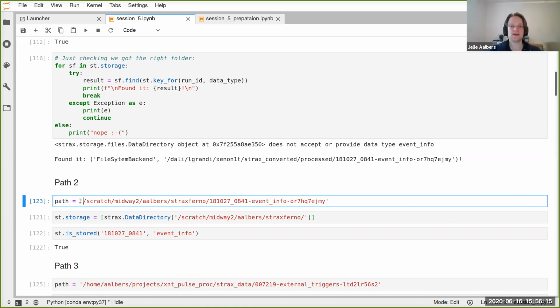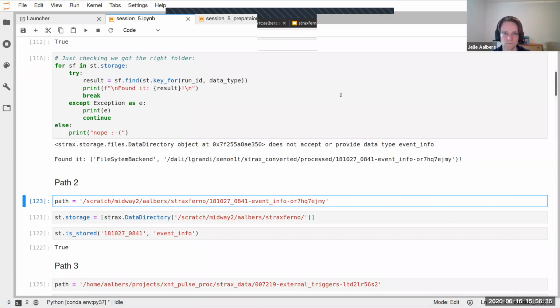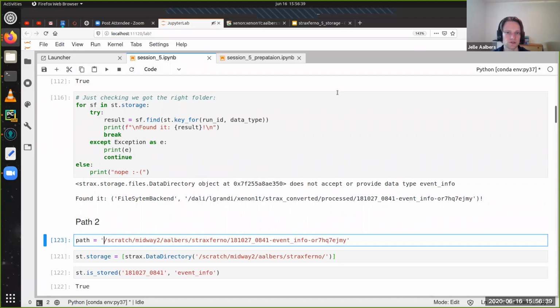Okay, any questions on this exercise we did together? Okay, looks like not. As usual, I'll post the notebook, maybe slightly cleaned up, to the GitHub repo.